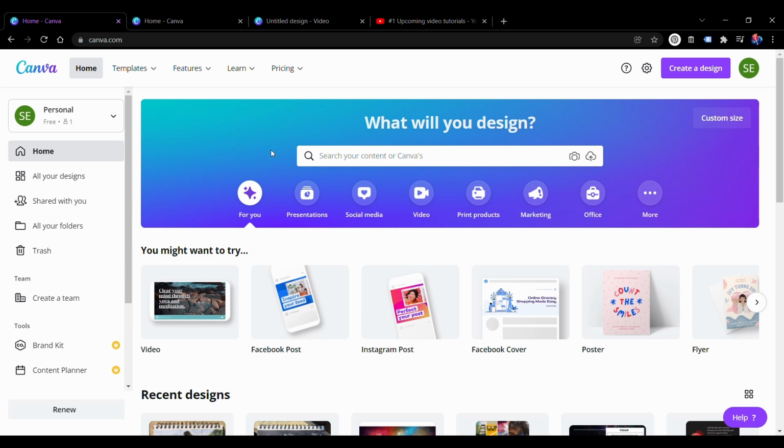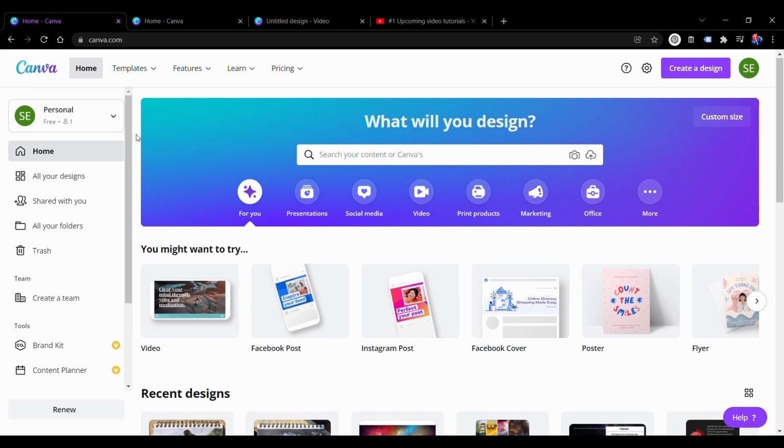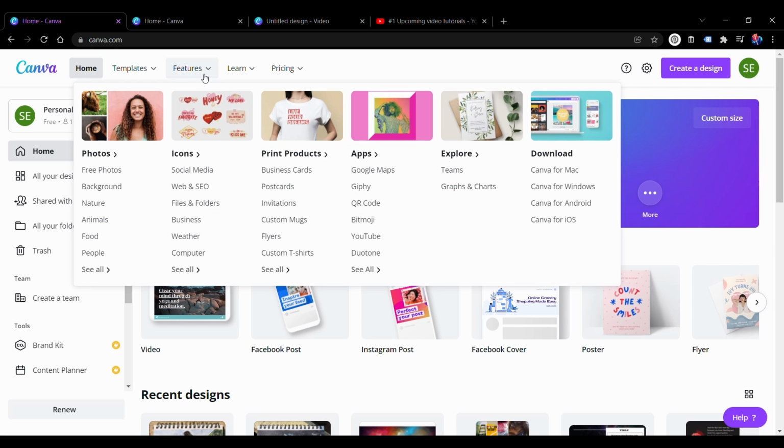Design is no longer limited to people with access to tools like Adobe Photoshop or something of similar nature and of higher end. So what Canva does is it really gives you good design elements, and it makes it super easy for you to create things from scratch. So going by the feature set, you can see here and select from one of the drop downs